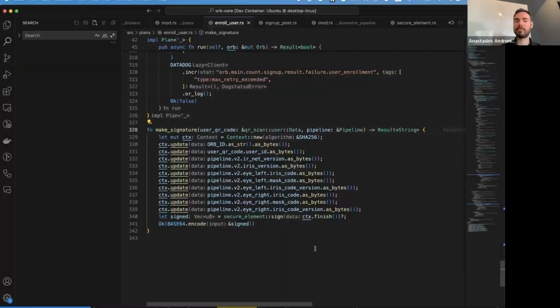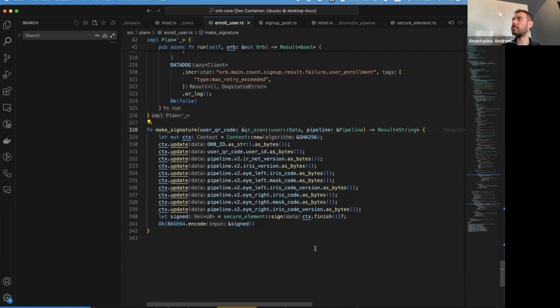So this is the part where the Orb will take all the data that it generated and it will sign it so we can have some certainty that someone didn't just send it to our backend, but it actually went through the process of the Orb. That's right. And so this is one of the most critical steps from a security perspective. And that's why we actually don't do the signing on the main processor in the Orb, but we have a separate chip which has a more secure method for storing private keys and doing the signing.